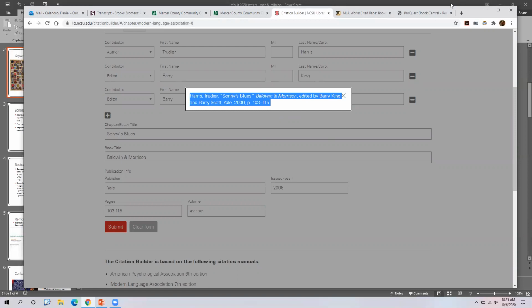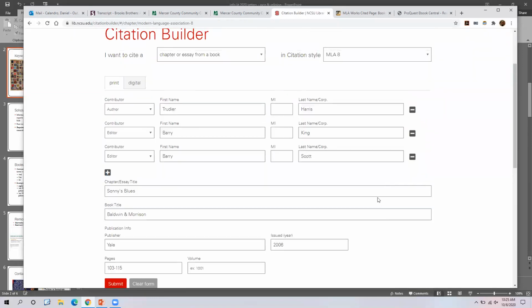Again, this isn't exactly what this says. I just made this up to do it quickly. But there you go. That may be easier using this NC State one simply because if you don't know that you have a work in an anthology, reference, or encyclopedia, you can use this and it's a little quicker. Okay, great. I hope that helps.